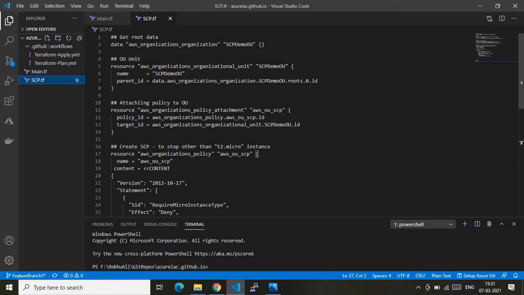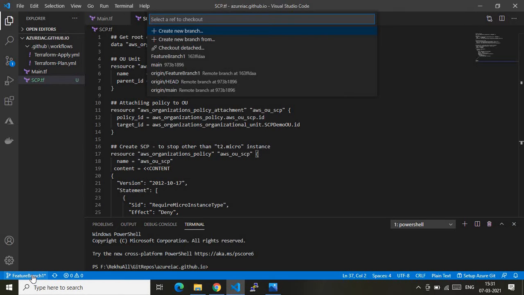To add to those points, I also have two branches. One is the feature branch, which I denote as a development branch. The other is the main branch, a production branch through which I release the infrastructure.